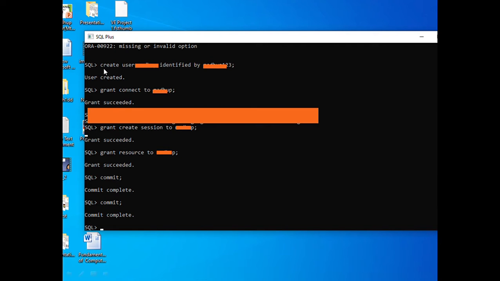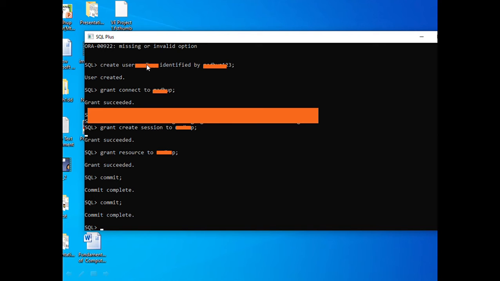Just for revision, if you want to create your own user account in the database, the SQL command is: create user username identified by password.